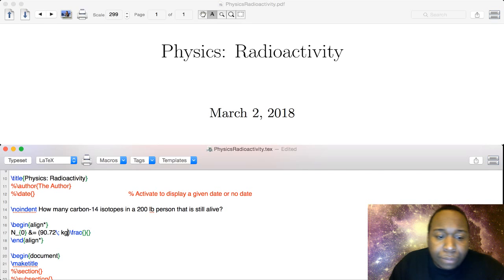All right. And so now that we know the mass of this particular person, we need to be able to figure out how much of that mass is in the form of carbon. Carbon-14 in particular, or just carbon in general. So, for the next part of our calculation,